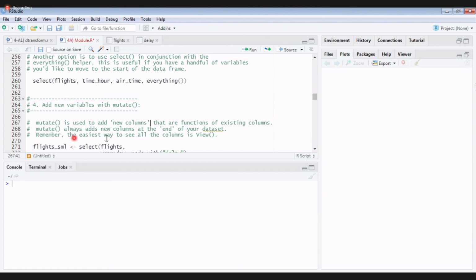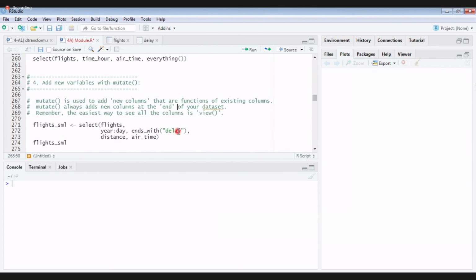The easiest way to see all columns is using view, which we are already using. Small v, not capital. Okay, good. This is a very important topic, please listen. You have many assignments on this. See here, I'm modifying my data, but I am assigning it to a variable.